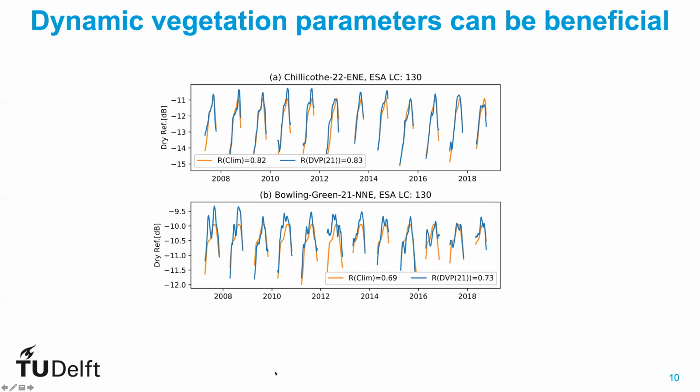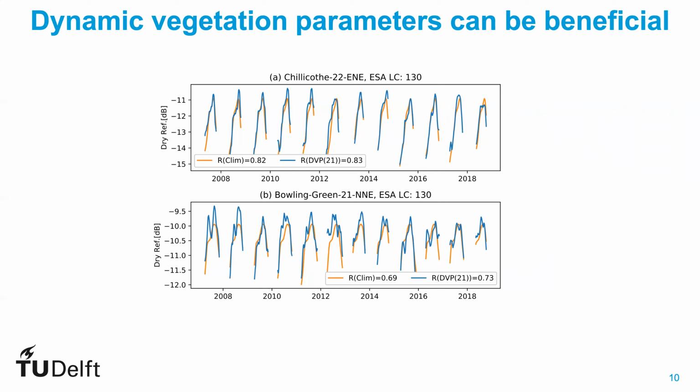Including interannual variability can be beneficial. This is an example to show when this happens. At the top, you can see that the dry reference has a very strong seasonal cycle and limited interannual variability. The Pearson correlation for the climatology case is already 0.82, and being able to account for interannual variability only increases